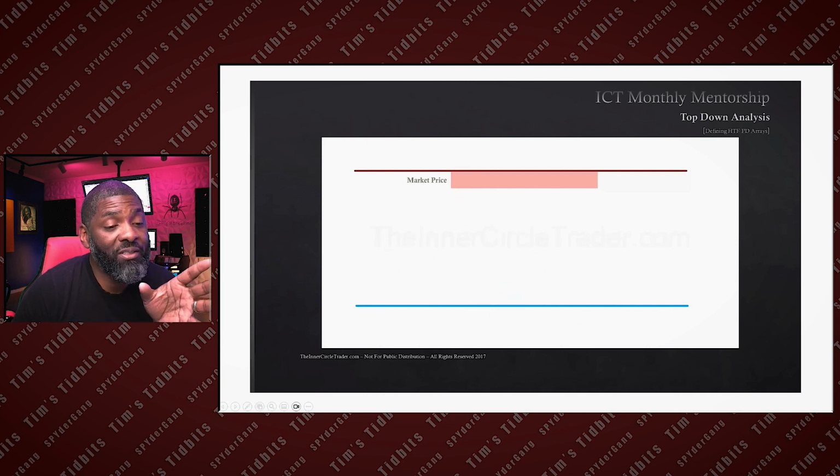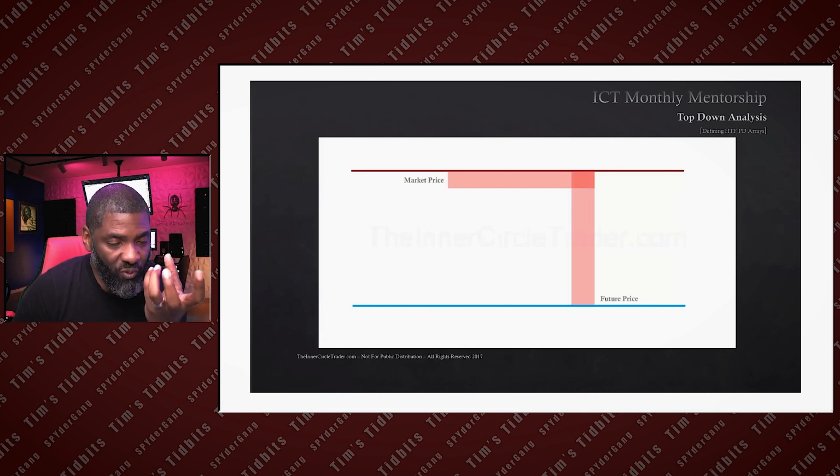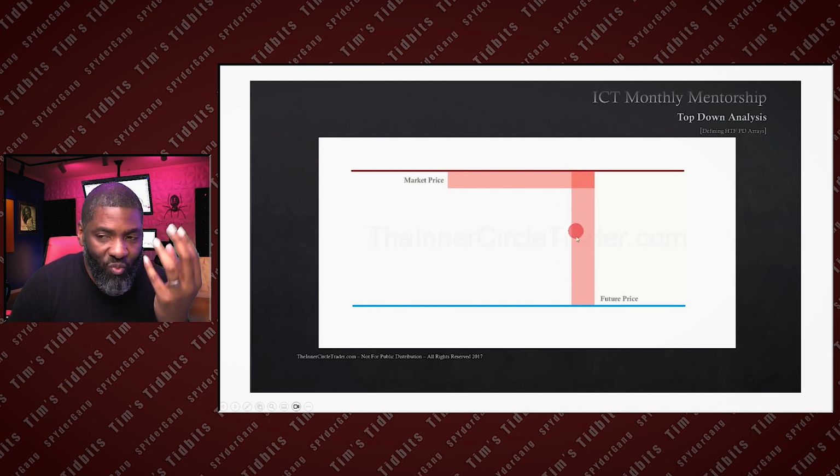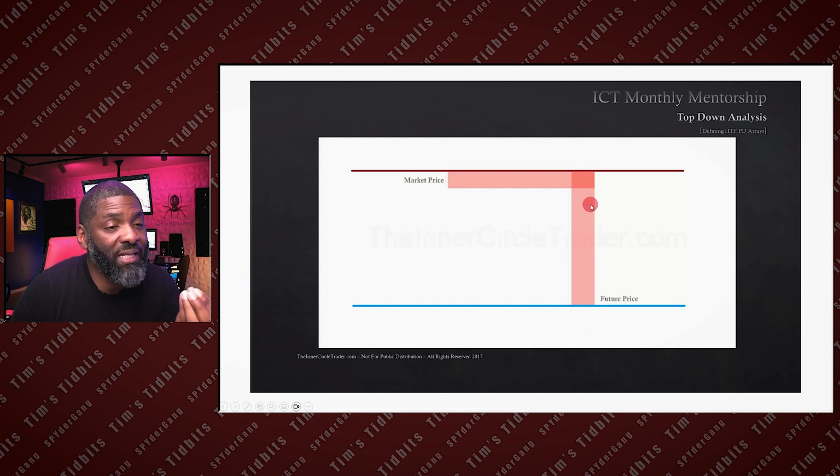You do not want to try and guess when that will happen. You want to wait for something to start to cause an imbalance. What's an imbalance, Tim? An imbalance is a one-sided move where it's not just chopping back and forth. It's a one-sided move in the direction you anticipate price to move. Here, price was at a premium, and then price has started to move to a discount. What caused this move? It don't matter.